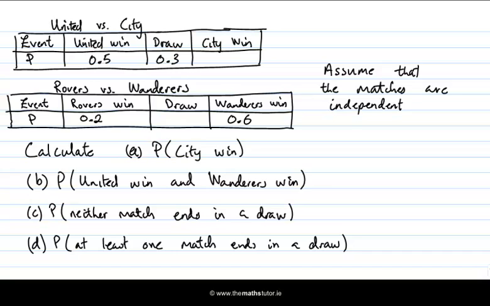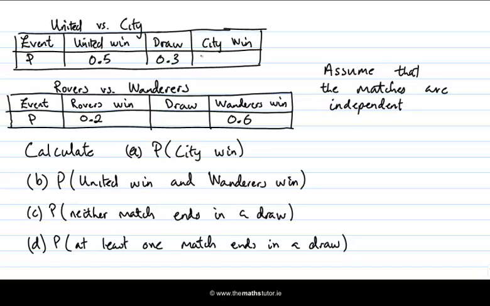And the problem is to calculate the probabilities of various events, and we've listed some events here that we want the probabilities of. So let's go through this. Okay, so the first one, we want to calculate the probability that City win. So that's just to do with the United versus City match. And so what do we have here? We know the probability of a United win, the probability of a draw, and the only other outcome is the City win. And one of the basic facts about probability is that